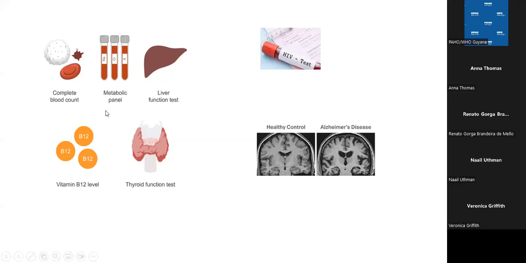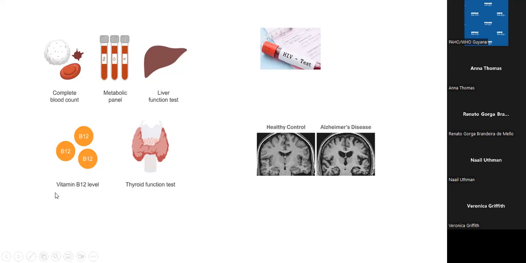Electrolyte disturbances like hypo and hypernatremia, uremia, hypercalcemia, liver cirrhosis, especially severe liver function deterioration,